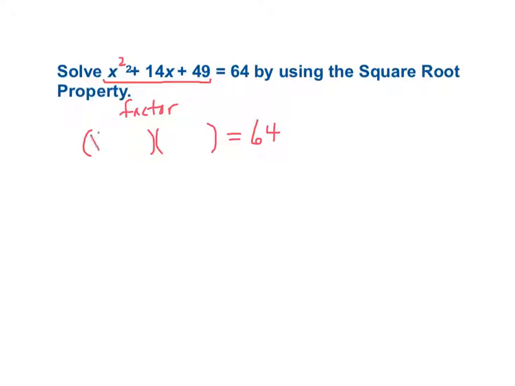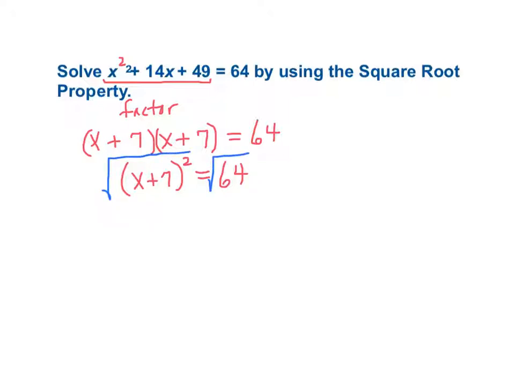Okay, so I'm going to have x and x. The square root of 49 is 7, and there's a plus, right? So remember that since it's the same factor, I can write it twice, and this looks like the second problem on the previous screen. So I can use the square root property to solve,